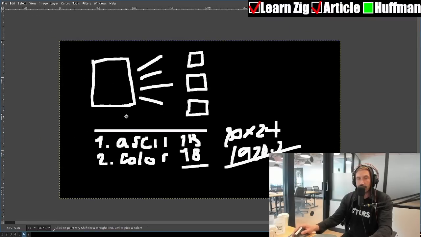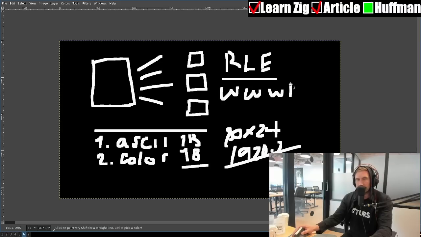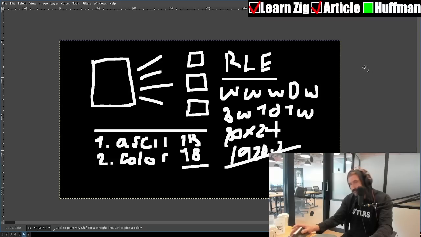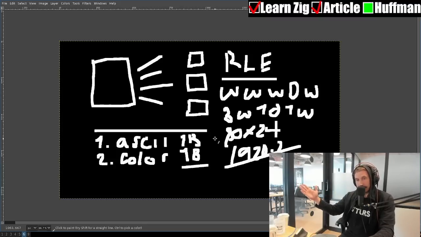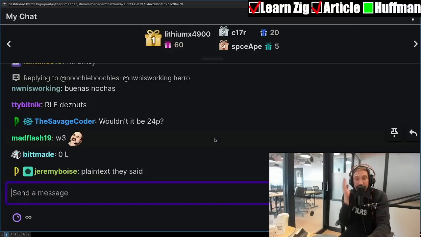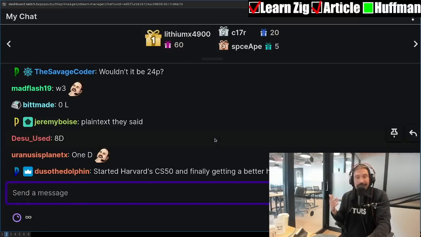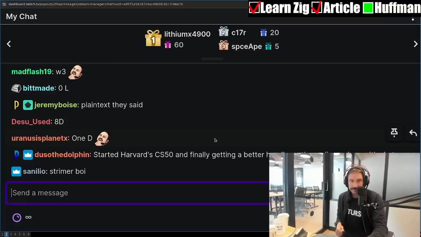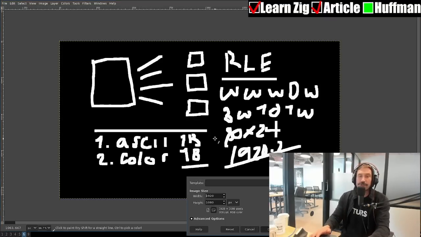And so what we did is we first started off by doing RLE. If you're not familiar with RLE, RLE is run length encoding, which effectively is very, very simple. If you have W, W, W, D, W, you can run length encode this as 3W, 1D, 1W, right? So run length encoding is really good when you have really long runs of the same character. It's not good if you have a bunch of indistinct characters. So if you only have 4 characters, but it's evenly distributed, it sucks, right? So there you go. So we're going to do something different. We're going to do Huffman encoding.